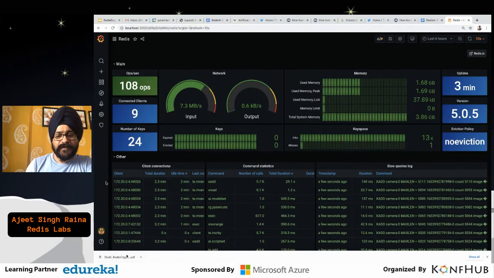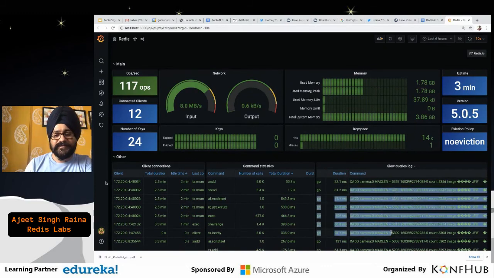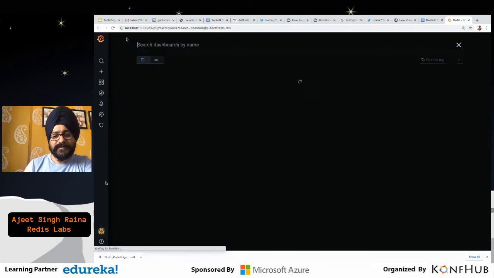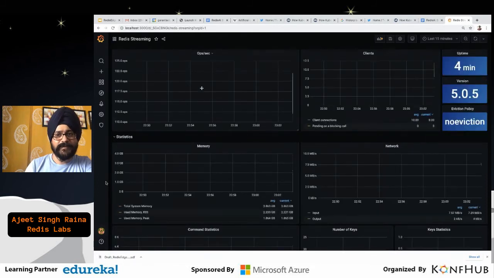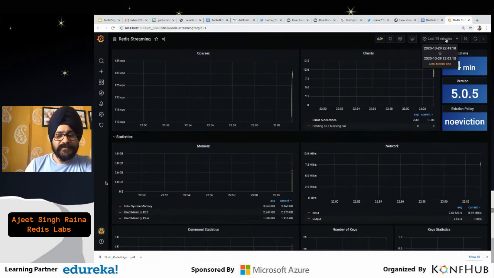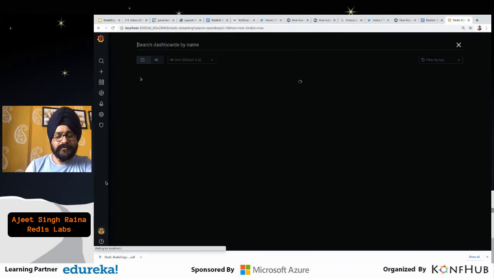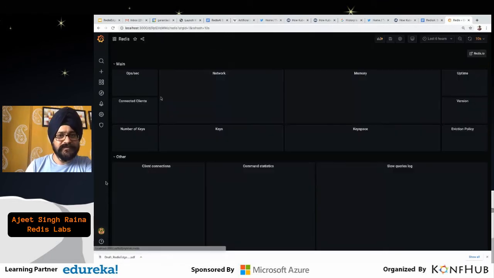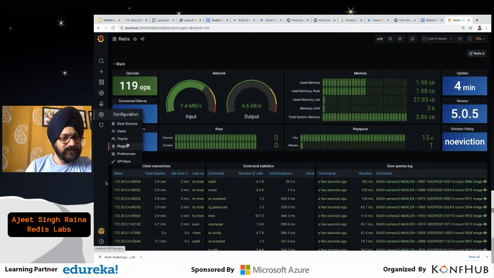And then I have very limited resources through Docker Desktop, which I have assigned to it. So we really don't have to worry about it. But if you see here, this is the Redis time series stream, which is coming in as camera 0. So I can also see what kind of data or streams are coming in. And this is ops per second in another view, where I can select the timeline and it will show me especially the Redis version, and I can even run commands. Let me show you that.